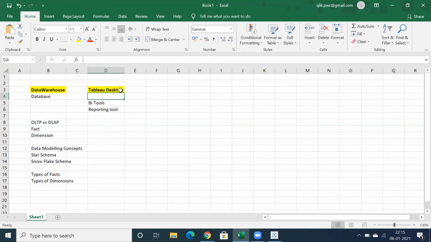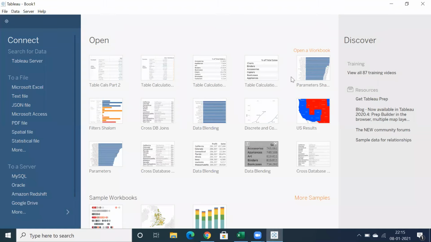So Tableau, basically we have a free version that is a 14-day trial version. Okay. But if you have a student license, we can opt for the student license. Student license will work for 1 year. So that helps. We can plan accordingly. So let me showcase some sample reports in Tableau.